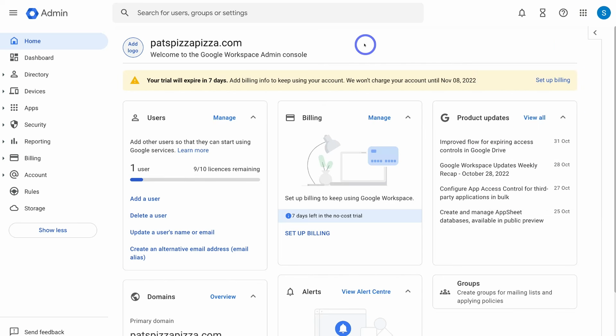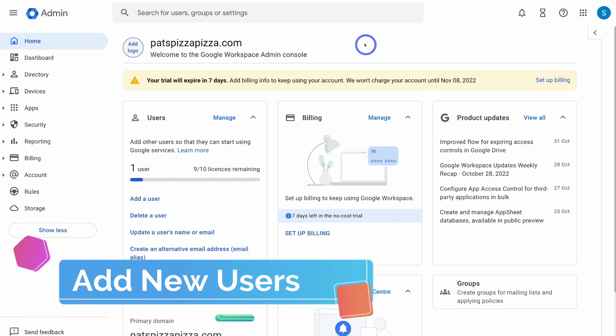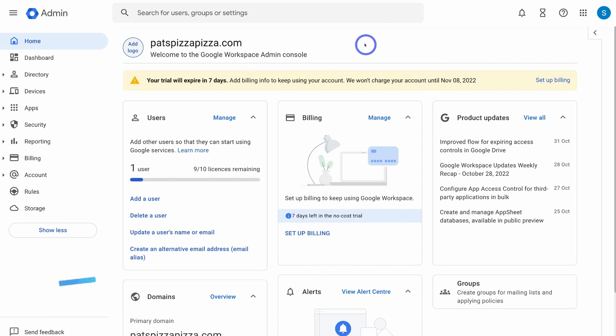Okay, so once you've arrived inside your Google Workspace admin account, what we want to do is add additional users to Google Workspace. So think about your small business and your team members that you need to add to Google Workspace. So to create and add a new user to your Google Workspace account so that they have access to their own business email, what we want to do is navigate over to Directory over on the left hand side